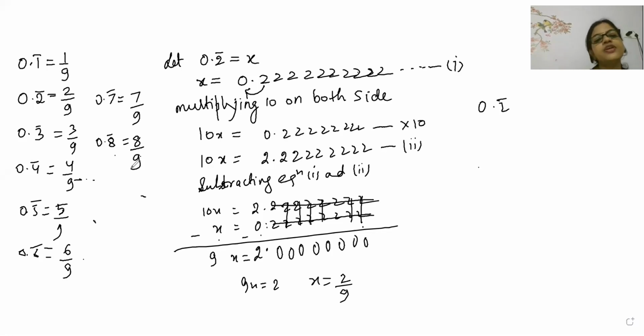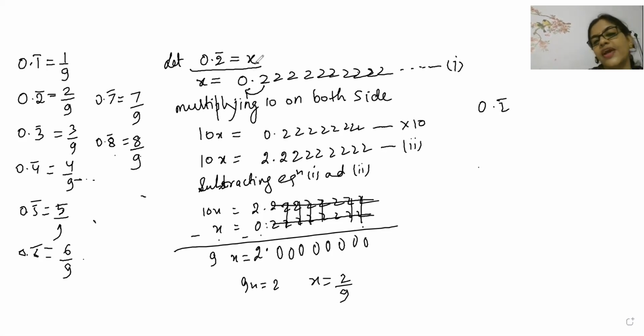So now we have understood it for a single digit before the decimal. See, look here. Before the decimal, 0 is there. After the decimal, digits 1, 2, 3, 4, 5, 6, 7, 8, 9 are there, and these digits will have the bar. At that time the answer will come: 0.1 bar means 1 by 9, 0.2 bar means 2 by 9, 0.3 bar means 3 by 9, 0.4 bar means 4 by 9, 0.5 bar means 5 by 9. Now understood or not?